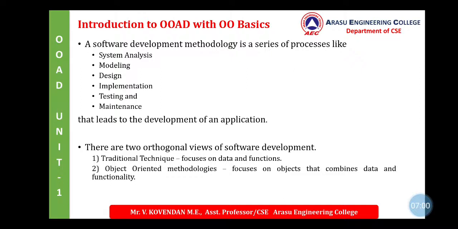The basic purpose of these methodologies is to provide smooth development of the software according to the project requirements, right? A software development methodology is a framework used for the structured, planned and controlled process of developing an information system.